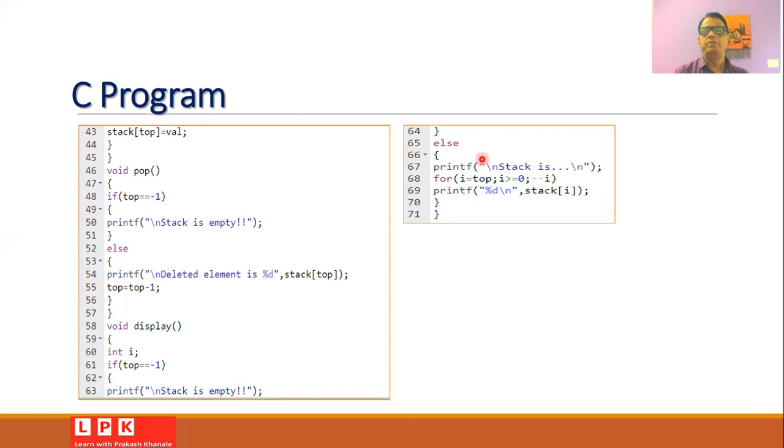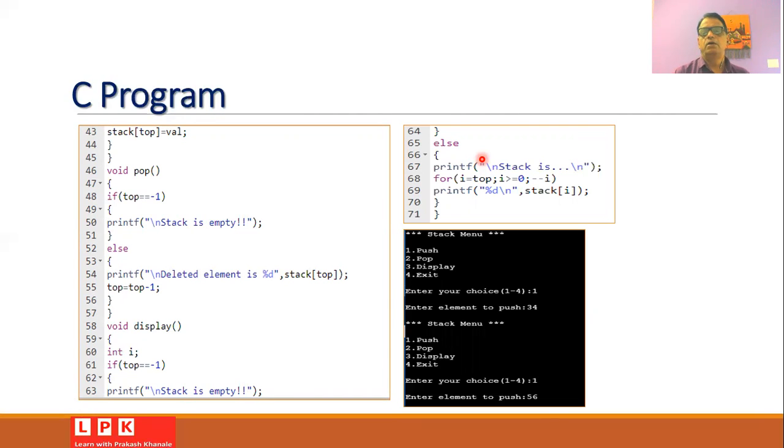Whenever you type this program using any online C compiler, you will find that the initial menu is displayed on the screen. Suppose you enter the choice 1, then you will be asked to enter the element. Then again the menu will be displayed and you are asked to enter your choice, and you can insert the element that you want to push.